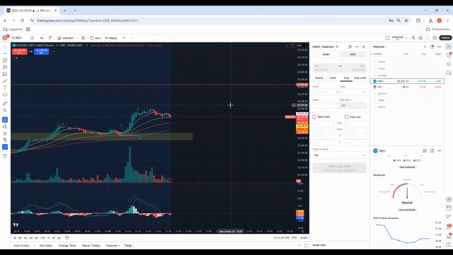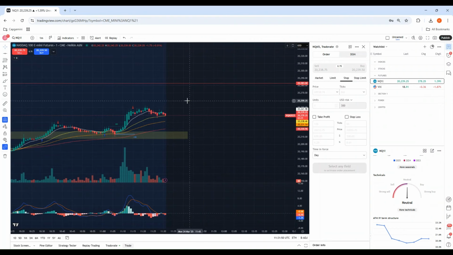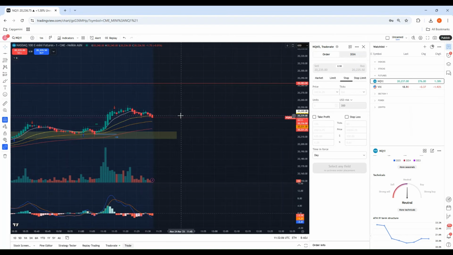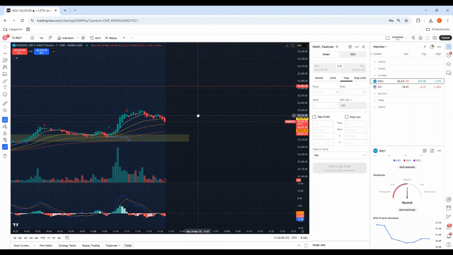So this is a live NQ NASDAQ chart on the 1 minute time frame. You can see here we're after crossing the 9 EMA. We came down to the 25 EMA. So I'm going to wait for that now to potentially come down further towards the 50 EMA, even between the 50 and 100. And then if it comes back to my 25 EMA and 9 EMA, I'll take a long up to my